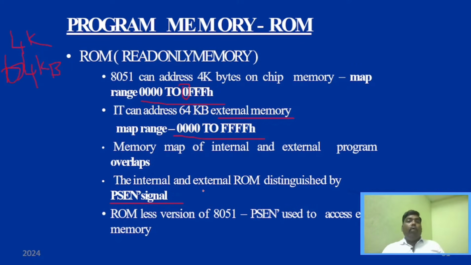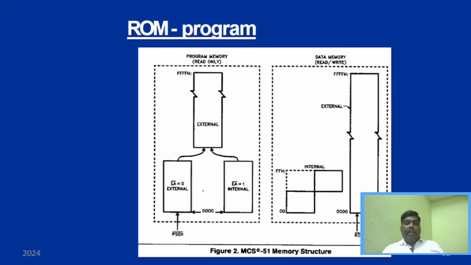Now we'll see the memory organization in ROM. As I said, you will have internal memory of 4 kilobytes, and this is the complete external memory. The complete external memory is 64 kilobytes. If we have an internal 4 kilobytes, then this internal plus 60 external will make 64 KB. Now as I said, the EA pin,